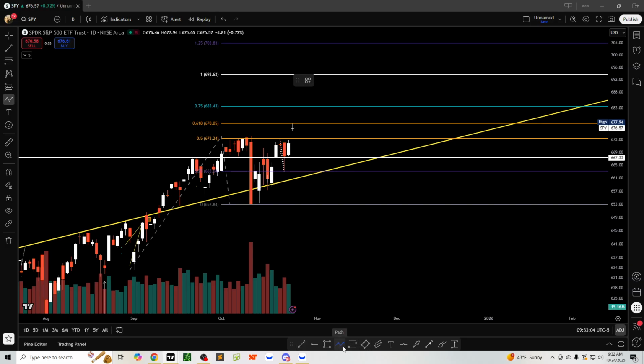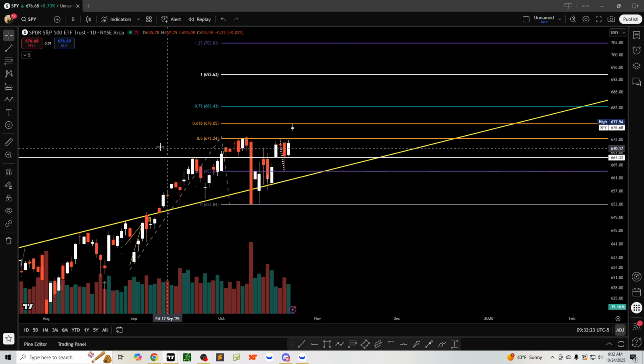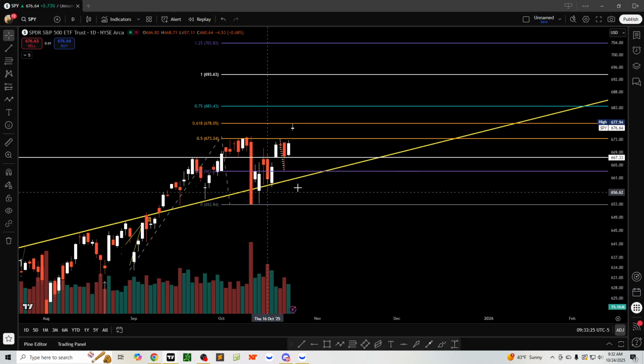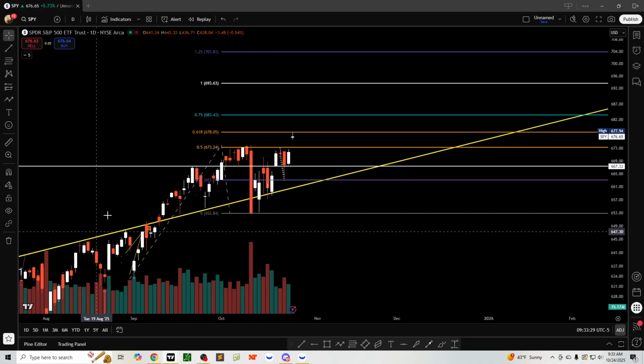It's the same kind of fibs rules. We're at the 618, so we would never take a long here. I would love to see it come back down, retest the 0.5, perhaps jump around a little bit, and then at that break of the 0.5, possibly play it up to 618, and we can expect that trend to continue. The second part of that is the break of that 678.05 with hold, with confirmation,